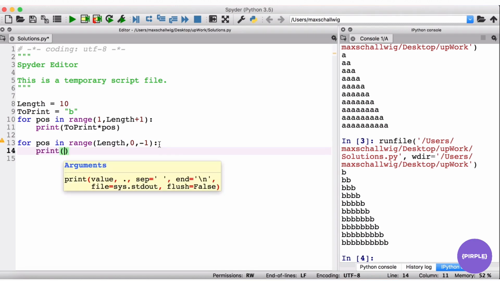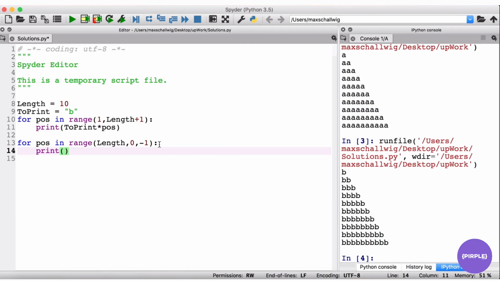And then let's just print our toPrint. And now what we want to do is print it pause number of times again. So this time pause is going to take on the values starting at 10 going down to 1, rather than starting at 1 and going up to 10. So let's see this in action. Let's run our code,